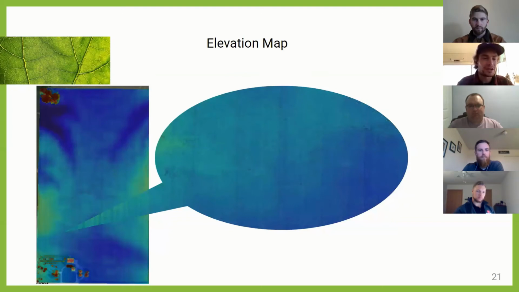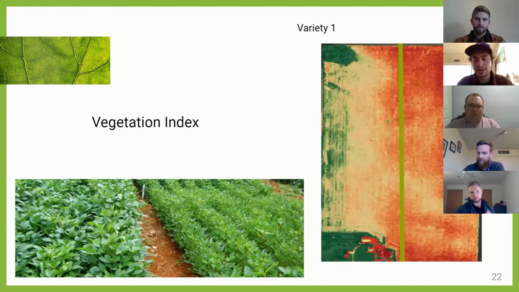If you look at the elevation map as well, there isn't anything here that indicates to me that you're going to see any sort of large gradation of vegetation health. But I am preluding a little bit, because when we do look at the vegetation index, it shows a different story. I was flipping back and forth between these images, the elevation map, trying to see why we saw such a